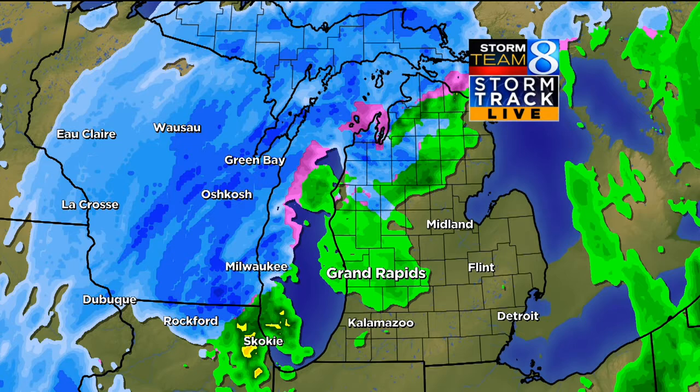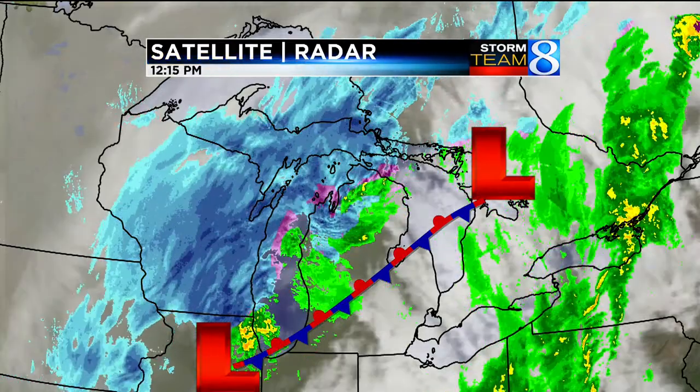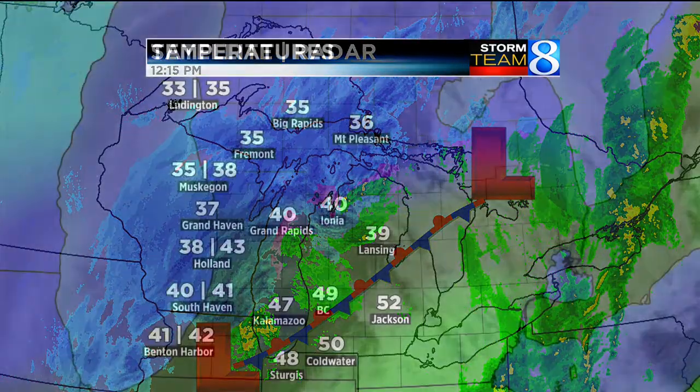I think here in Grand Rapids, we'll see the light rain transition over to some light snow. Give it about 4 hours before it reaches here. What we have to do is wait for an area of low pressure, basically south of Chicago, to move right through the viewing area. And until that happens, that will keep our temperatures kind of a split throughout the area. Here's the latest on where that area of low pressure is right now, and with that stationary front, that split is going on. It looks like most of the heavier snow will stay on the other side of the lake